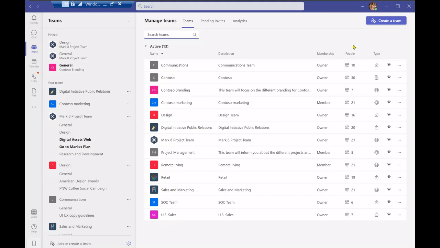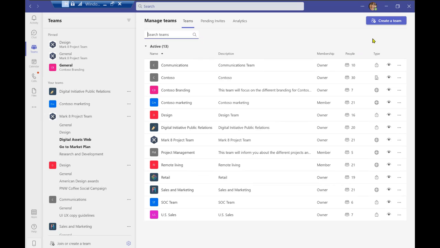Along with the membership, you can see how many people are in the team. So some teams are larger, as you can see over here, while some teams are smaller. You'll have that ability to go ahead and customize it to your liking, obviously, along with the rest of the information over here. If you are part of larger teams, you want to make sure that all the information that you do put into those teams and channels and those conversations are being spread out equally.